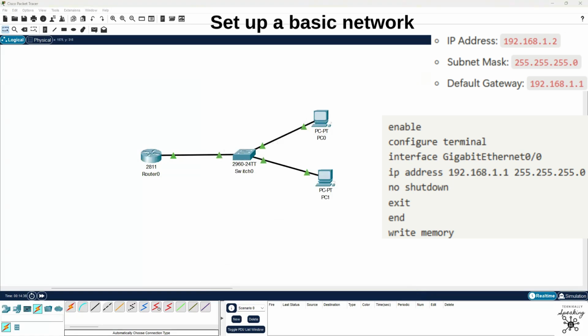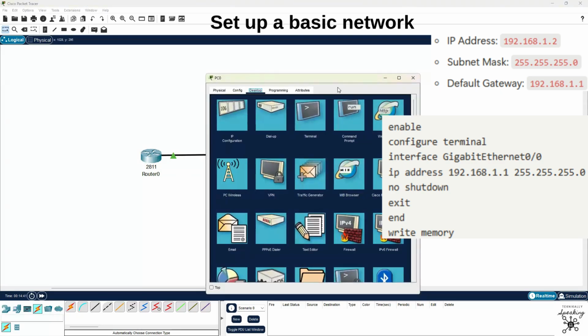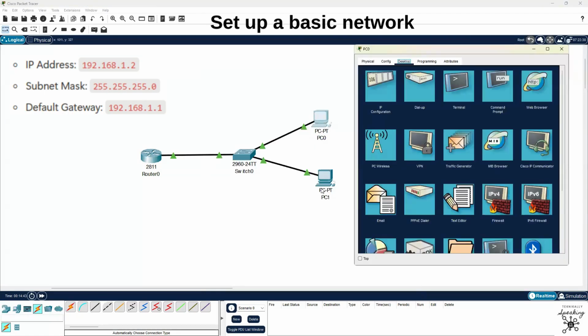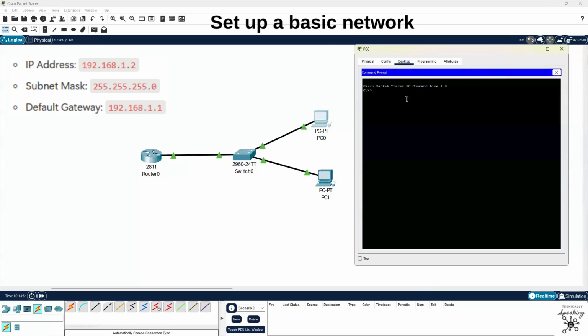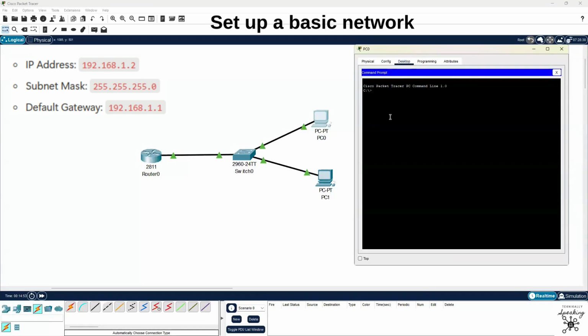All green means you should be able to communicate. There's no blockers, okay? So let's go to PC0 and let's see if PC0 can talk to PC1, all right? So let's go into the terminal, or we can go into command prompt, sorry. So in our command prompt, we're using the network connectivity test, which is the ping command. So we got ping 192.168.1.3. That is PC1's IP address.